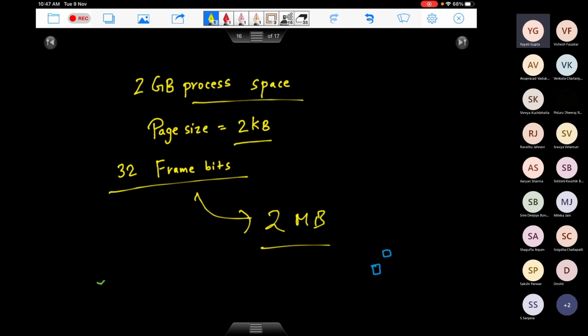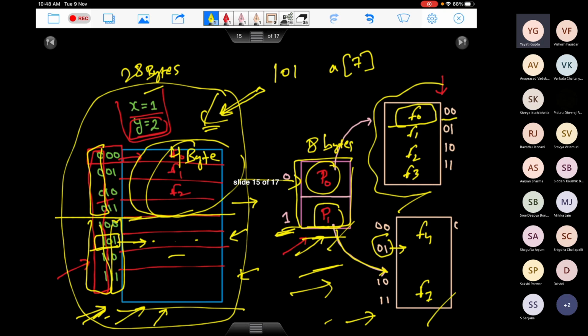So the idea is, how will you actually store a page table? Similar to a process, you wouldn't want to store a page table contiguously in the memory. So we want to break down our page table into different parts and scatter it all over the main memory. How do we do that? We'll talk about that in a while. This is the exact process for how we do it, and we'll talk about it in detail.